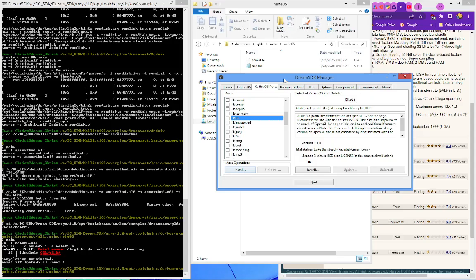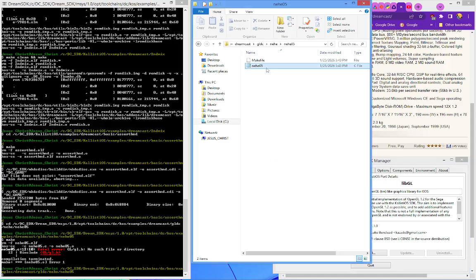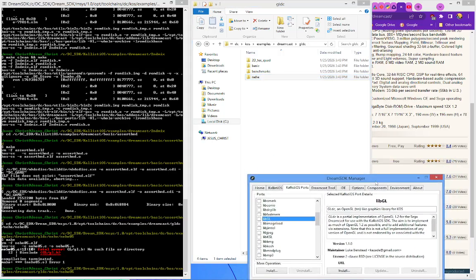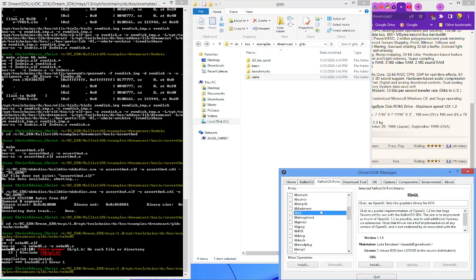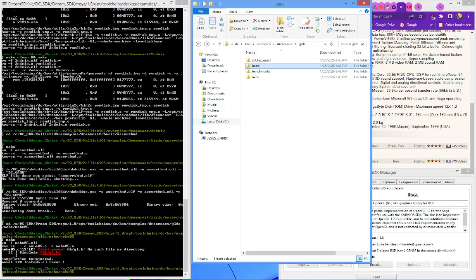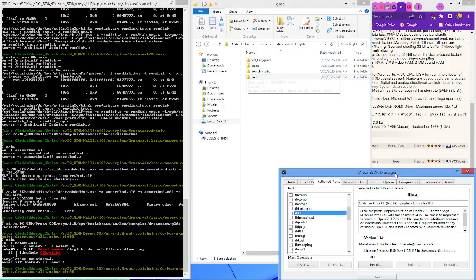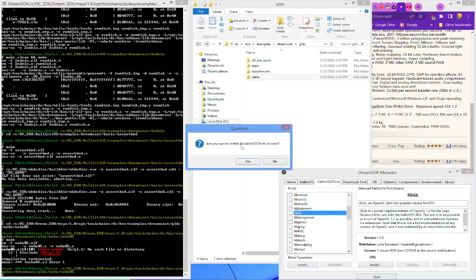So in order to get these Nihi examples built and these GLDC examples built, we need libgl ports installed. So I'm going to go ahead and click the install button for mass operation and prepare to wait for about 20 to 30 minutes for this to get installed, so that we can actually get rid of this error right here, and we can get these pretty cool examples built. Okay, so I'm going to go ahead and do mass operation install. It's going to ask us that question: are you sure to install all Callisti OS ports at once? We will click yes,